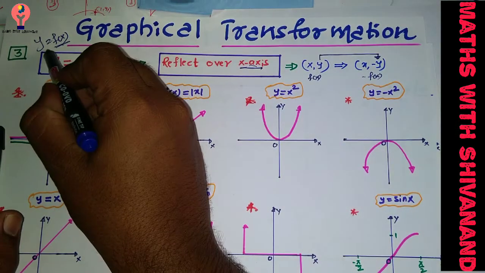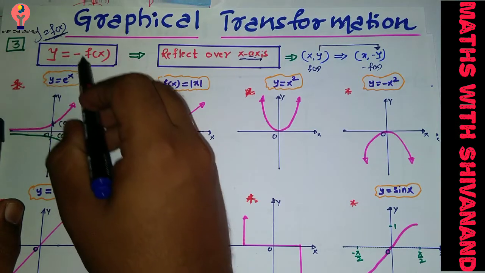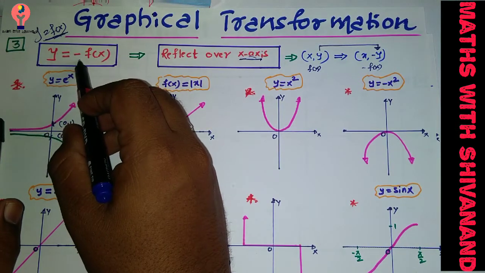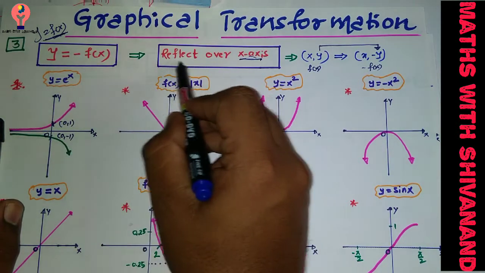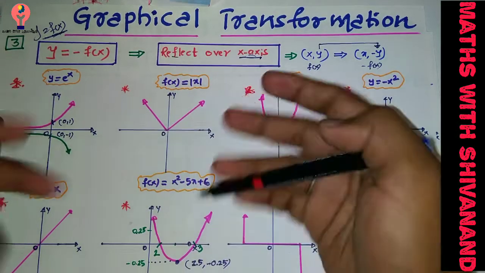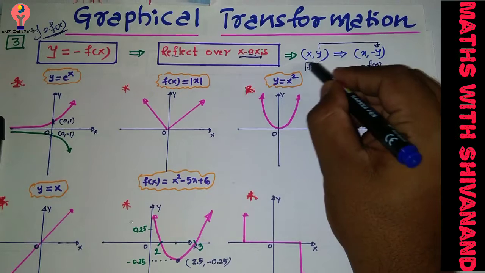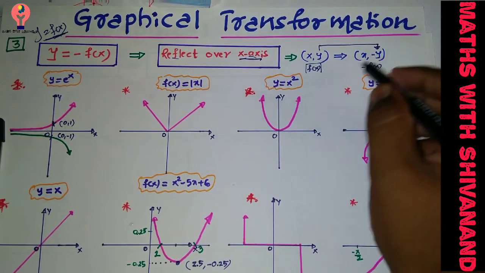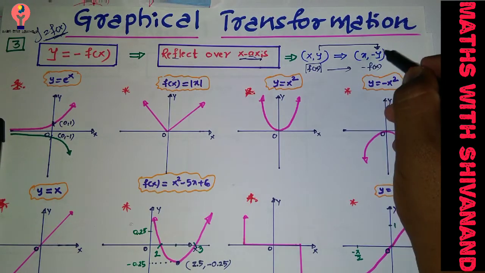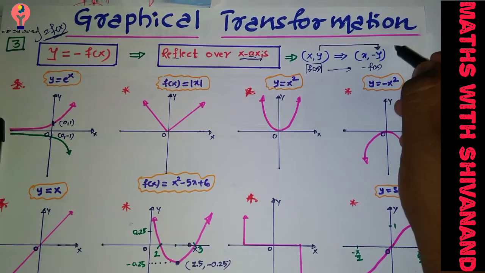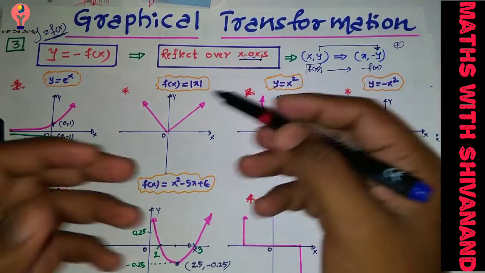See here, if initially your curve is y is equal to f of x, and a negative sign is multiplied to the y, that is, if your initial y is positive, it becomes negative. So y is equal to minus f of x. In such a case, your graph has to reflect over the x-axis. If any point on your original graph f of x is (x, y), then any point on the minus f of x curve is (x, minus y). Why? The y coordinate will change, because if initially your y is positive, it will become negative. I will show the reflection over the x-axis with a small example.